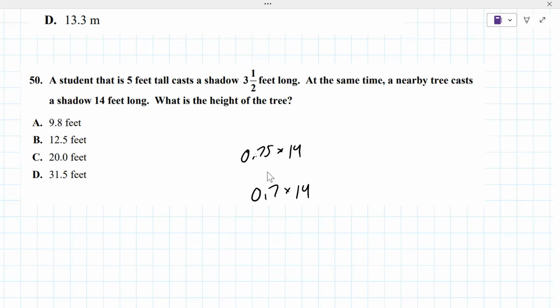Sorry, I did 14 divided by 0.7. Yeah, so which is it? Is it 20? Yes, that is correct, but you have to be really careful. Your answer is correct, but just make sure you know why it's correct. Things like that. Okay, let's try